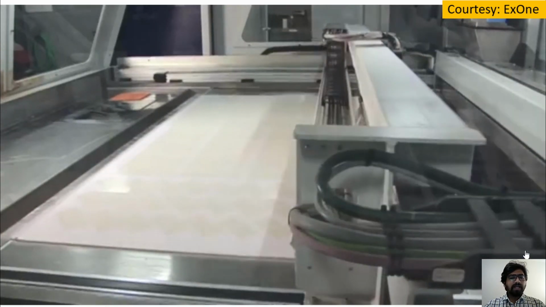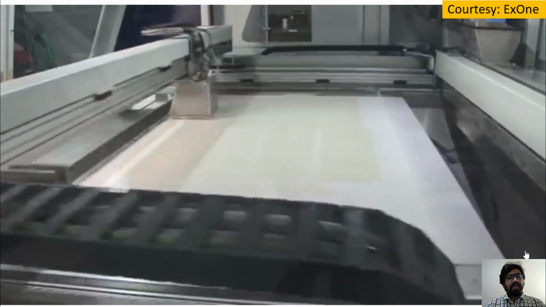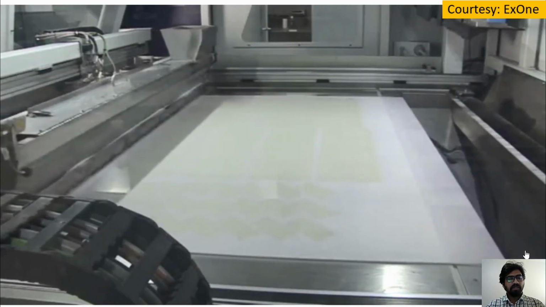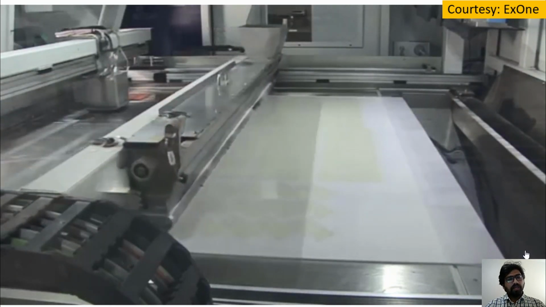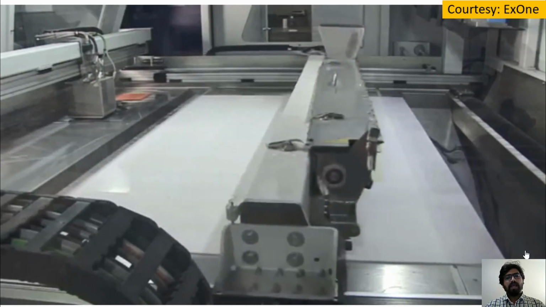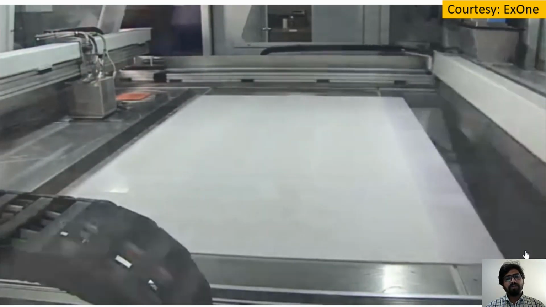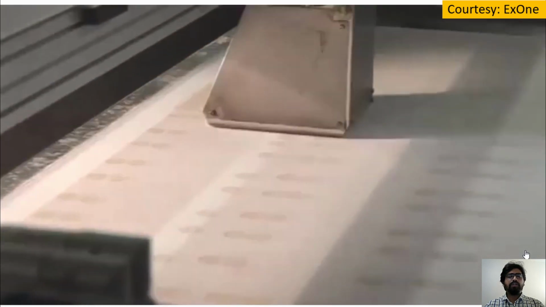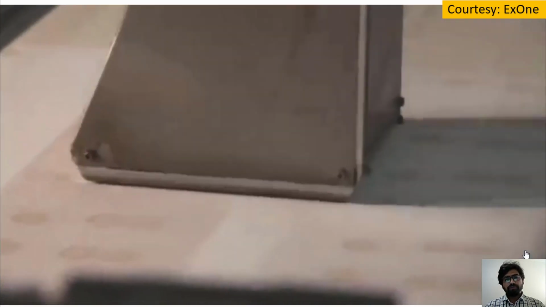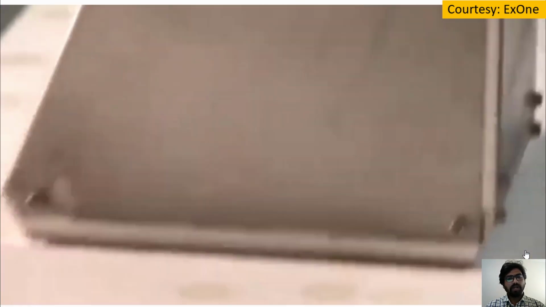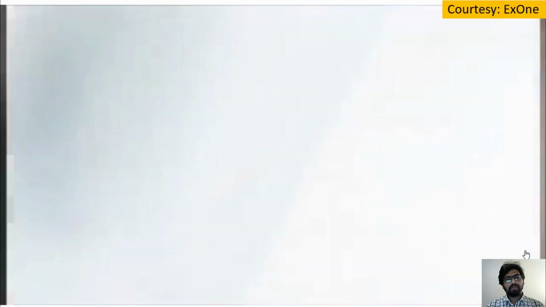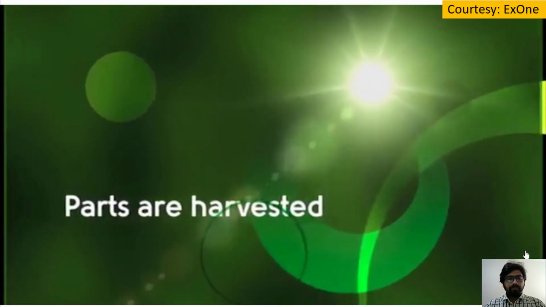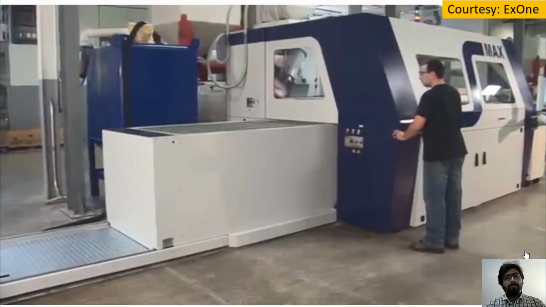Here you can notice that the entire print head has to move back and forth, and it will dispense the binder through multiple nozzles, and then after that the new layer of the powder will be recoated as you are seeing here by utilizing a top feeding mechanism, and then again the print head will dispense the binder into the cross sections of the portion of the powder bed surface wherever it is required. The process repeats itself, and the entire nested parts in the bed are built.